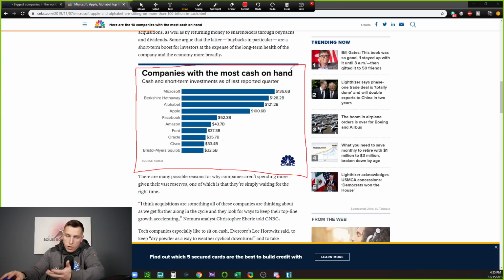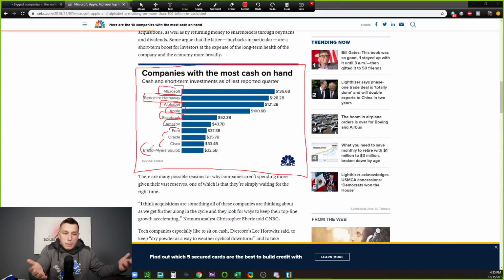Let's look at the top 10 companies with cash on hand. Microsoft, a really big, solid company. Berkshire Hathaway, really big, solid company. Google, really big, solid company. Apple, Facebook, Amazon, etc. All really big, well-known companies have a pretty decent amount of cash on hand. But that's not surprising. It should be that way, because the biggest companies make the most money, meaning they should have the most money on hand. Unless they are really irresponsible with their money and spend it like crazy on things that don't matter,